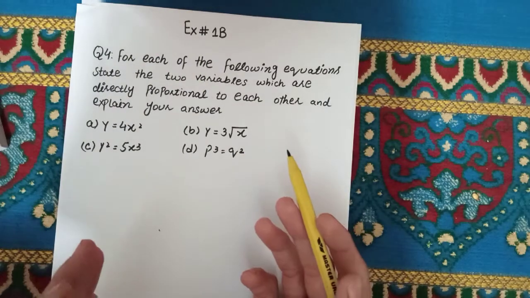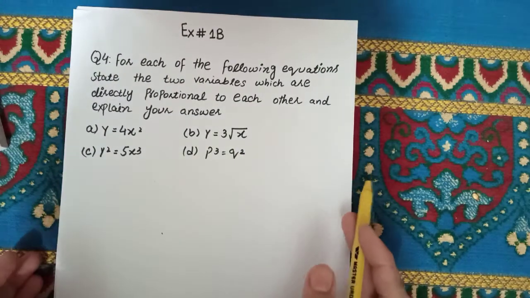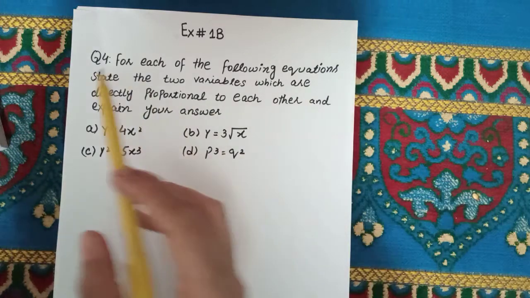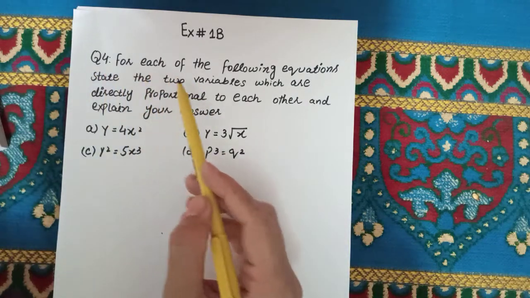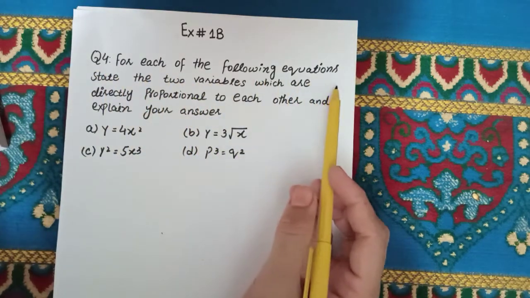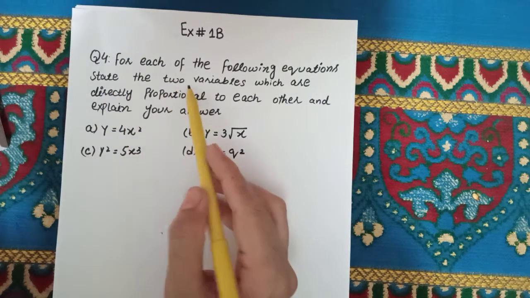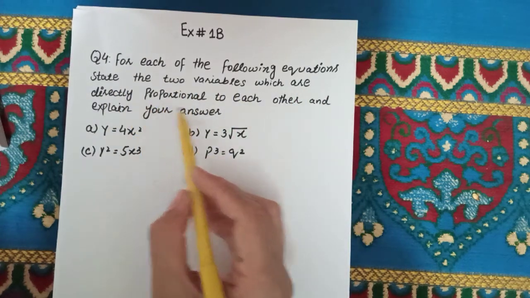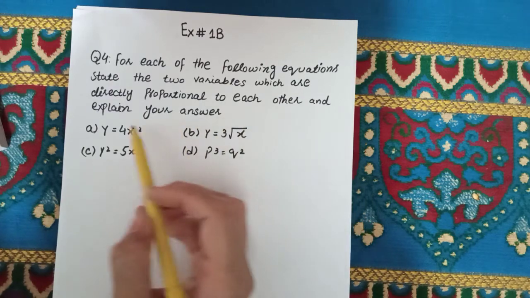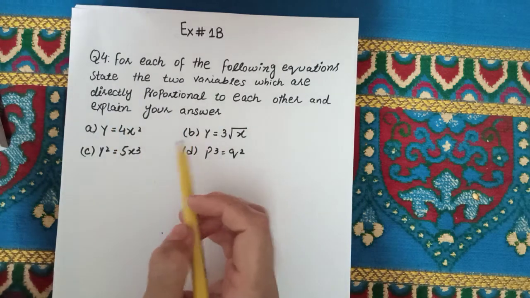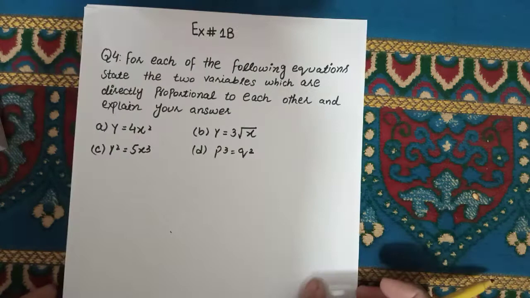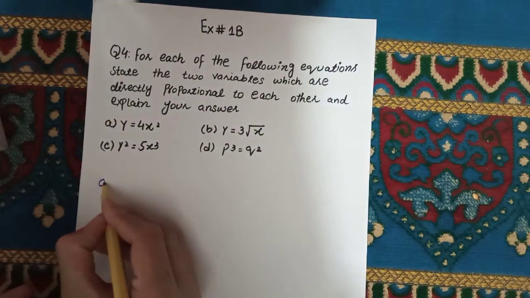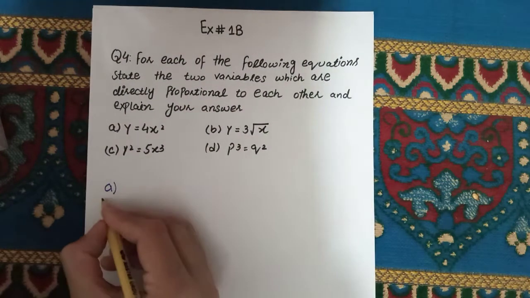Question number 3 and question number 4 are MCQ type questions. Now we are doing question number 4. For each of the following equations, state the two variables which are directly proportional to each other and explain your answer. There are 4 parts to this question. A part, solution,